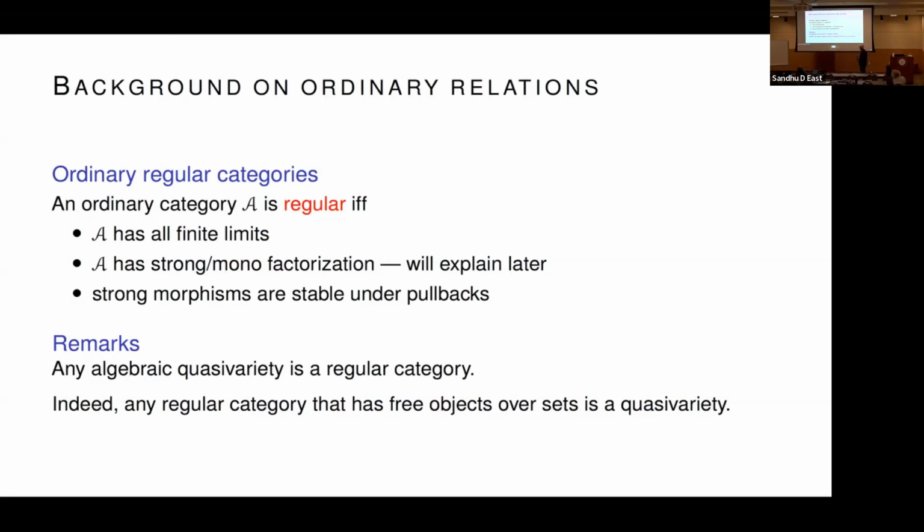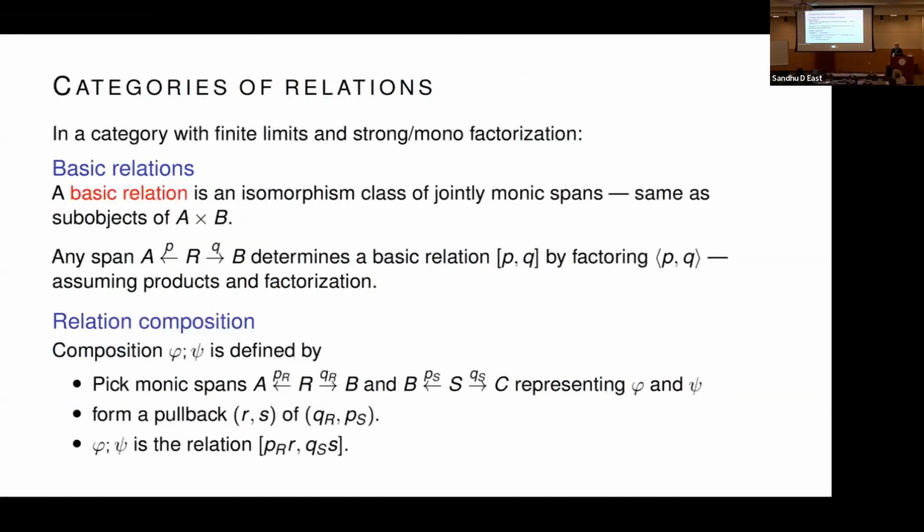It's even better. Any regular category that has free objects in it essentially is a quasi-variety. So regularity is getting very close to the notion of a quasi-variety. It's just the freeness that is the only extra feature you need to go from regularity to being a quasi-variety. That's for the algebras, that's that connection. All right. That's all just to say there are lots of examples of this phenomenon. And that's one of the main reasons why we studied